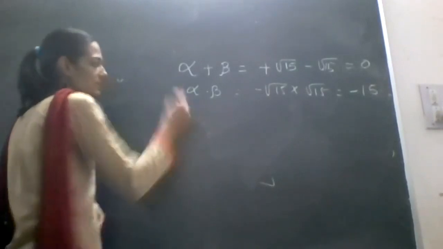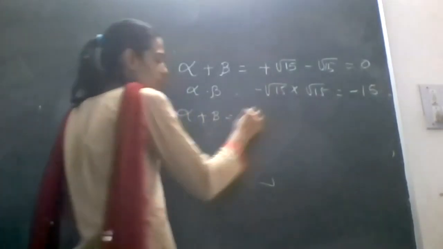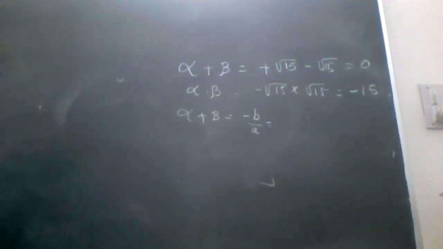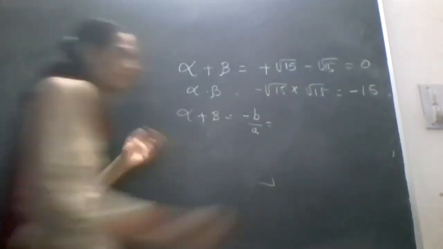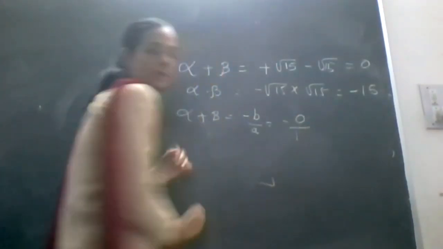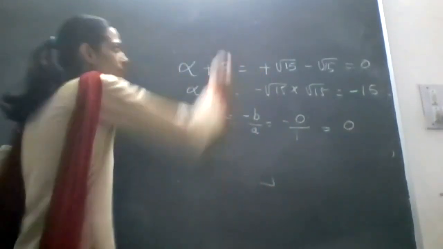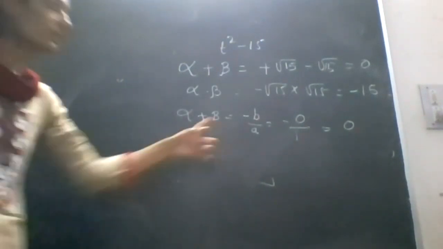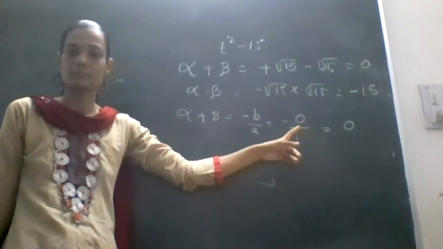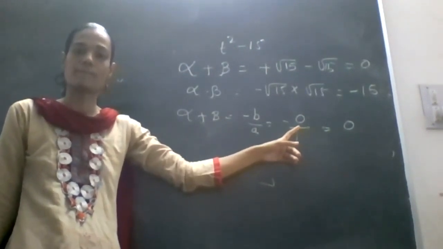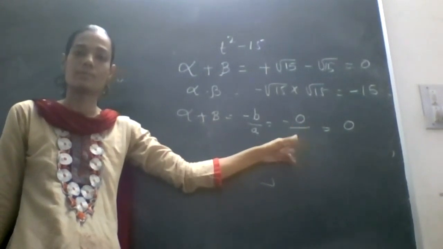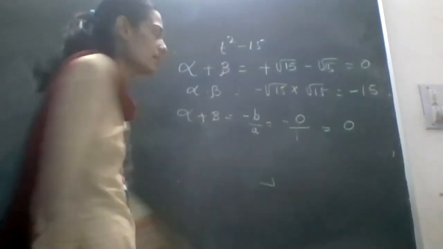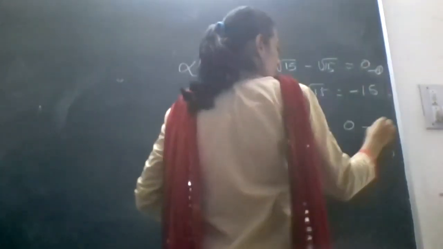Now verify with the equation. Alpha plus beta is equal to minus b upon a. So what is the coefficient of b? That is 0 only. 0 upon 1 is also 0 because we have t square minus 50, so the coefficient of t is not given. So it would be 0 only ultimately. Yes or no? Yes. Okay. And coefficient of a means this leading coefficient, right? That is 1 only. You have got the 0, that is good. The answer would be same.